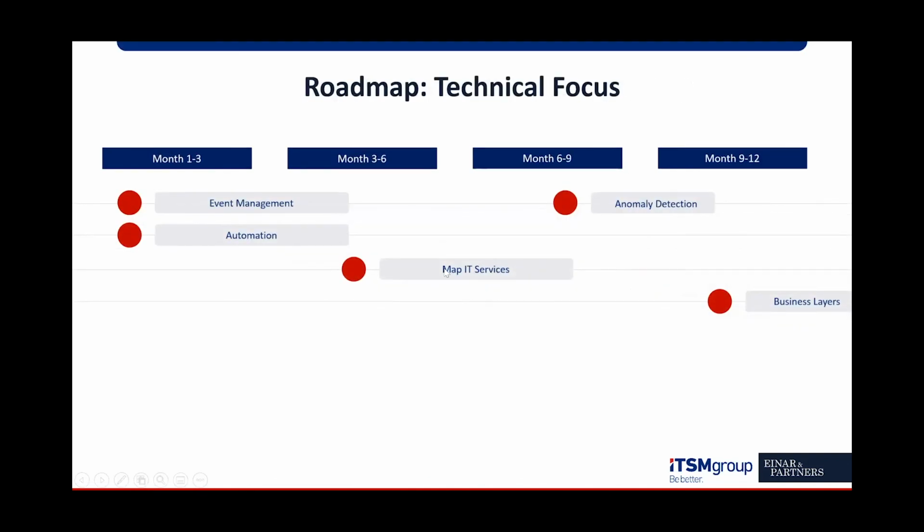Meanwhile, if you have a technical focus, then event management and automation maybe comes first after discovery. Then perhaps you start mapping IT services, and still you are technically focused. You want to say, we really want to innovate the IT department before we go into the business. And that's why we select here to go with anomaly detection and machine learning as a next step. Once that is done and we really have that powerful IT house, only then do we start with business